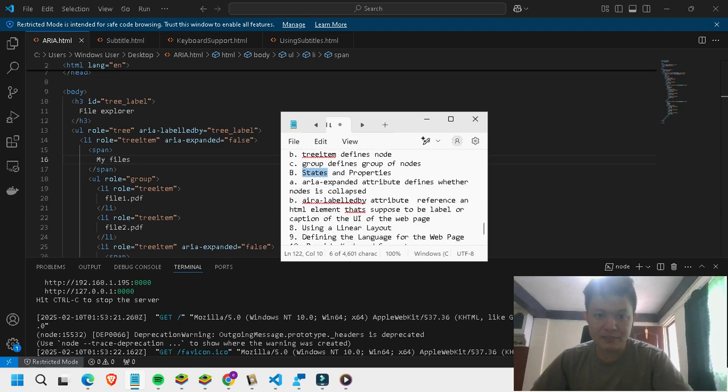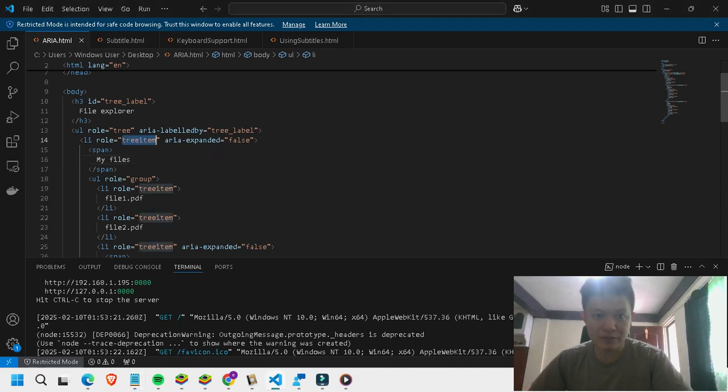States and properties. So the role is connected to this. We can define the states, whether it's collapsed or expanded, using the ARIA expanded attribute. So let's say we want to know if the node or this element is collapsed or expanded or moved to another tab, which is the state.